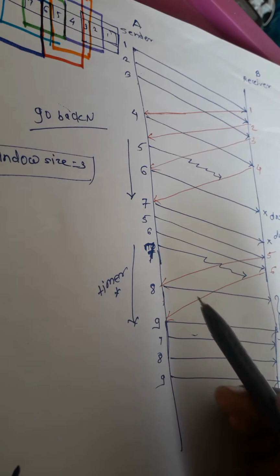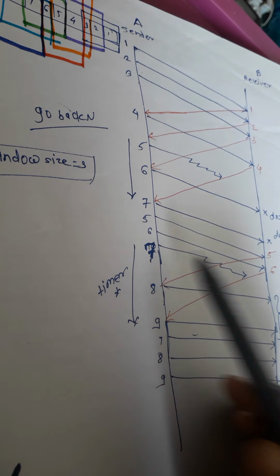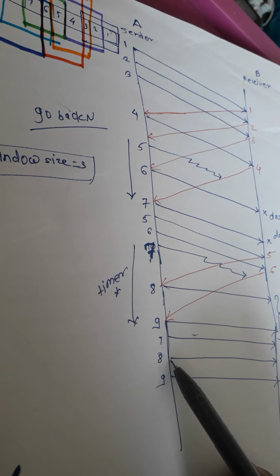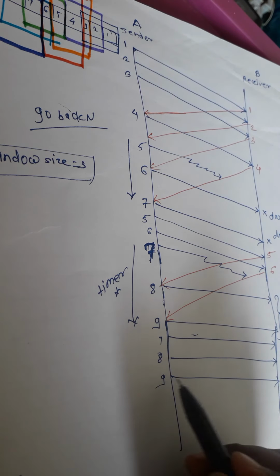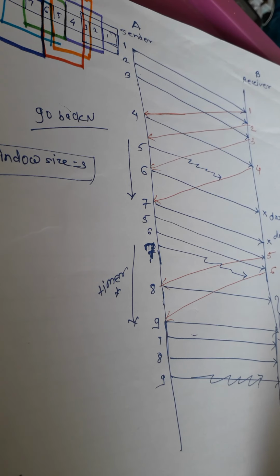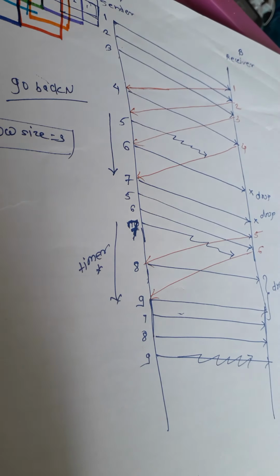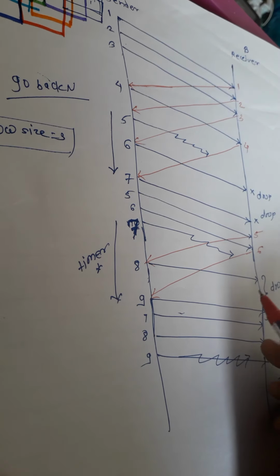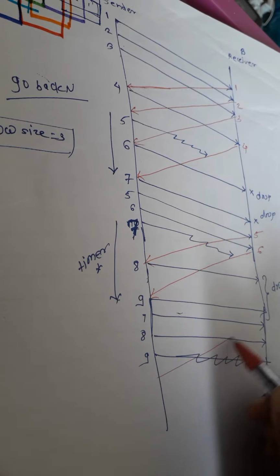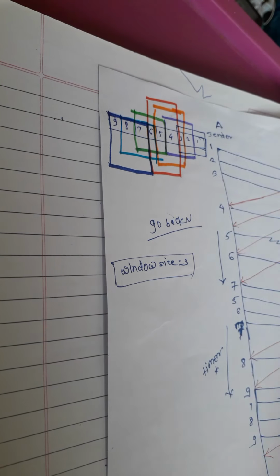Okay. Now remember, this was our 10th frame, right? We have to always calculate 11, 12, 13, 14 and 15. That means this 9th frame will not reach the receiver. That we have to remember. Okay. So meanwhile, consider the 7th frame here will be received by the receiver. So the receiver is going to transmit the acknowledgement.